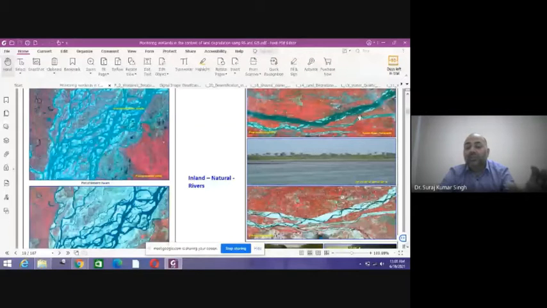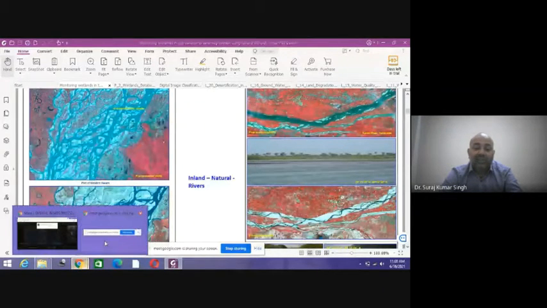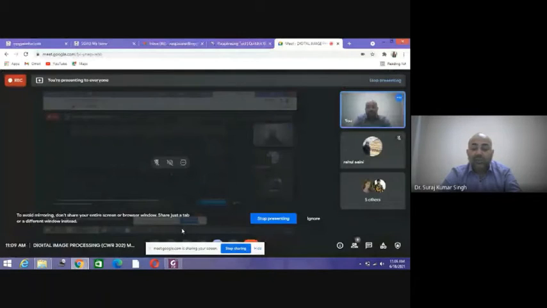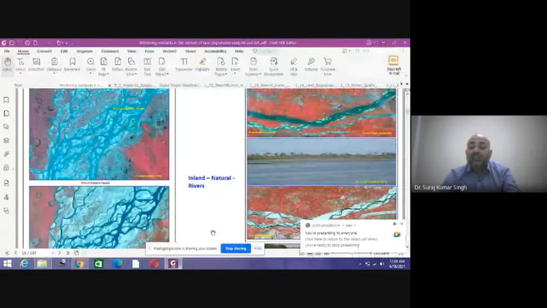On the right hand side, you can see there is a main river, how it flows during post monsoon and then during pre monsoon. So you can see the change dynamics. If you want to study change dynamics related to river hydrology, if you want to see the total volume of water coming during post monsoon, then accordingly you can act and create various kinds of flood risk maps, so that in the low lying areas the water doesn't flow down. So for that, the information is very important.